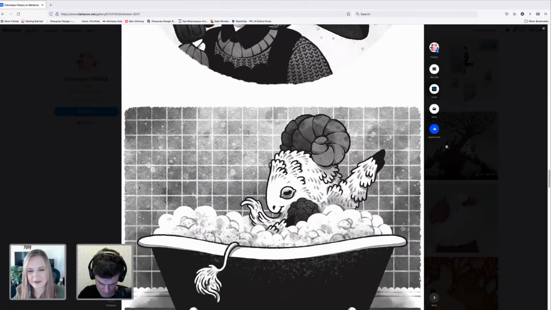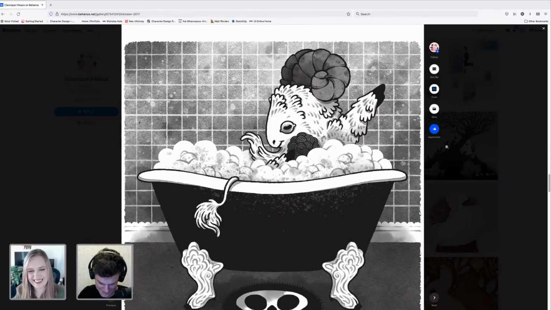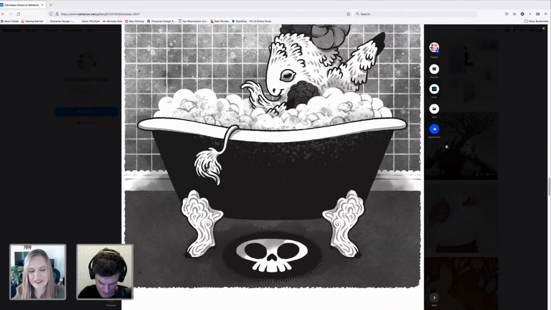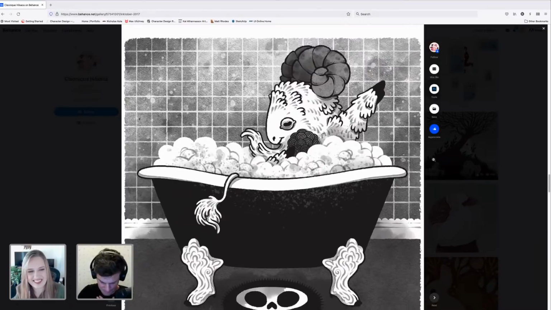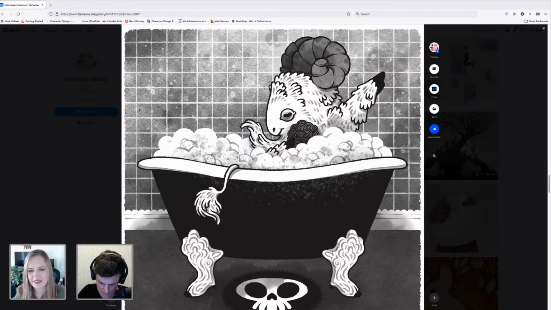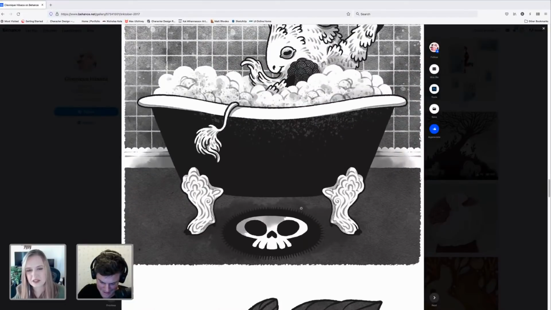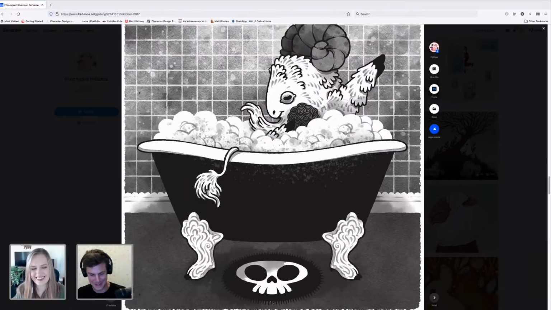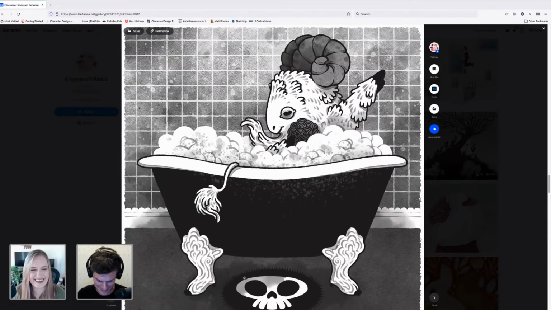Oh, the little sheep is adorable. Yeah. I also love how she combines the cute characters along with darker elements like skulls and ghosts and things like that. I always enjoy artwork with that juxtaposition. Yeah, the little one is probably like the crazy ram goat head, you know, satanic.